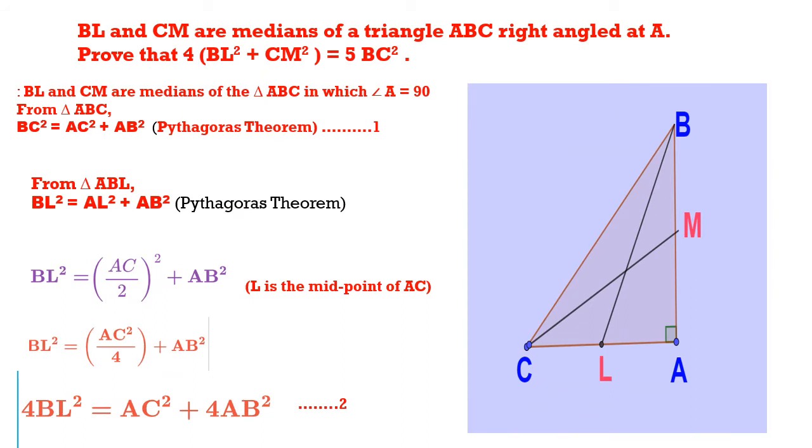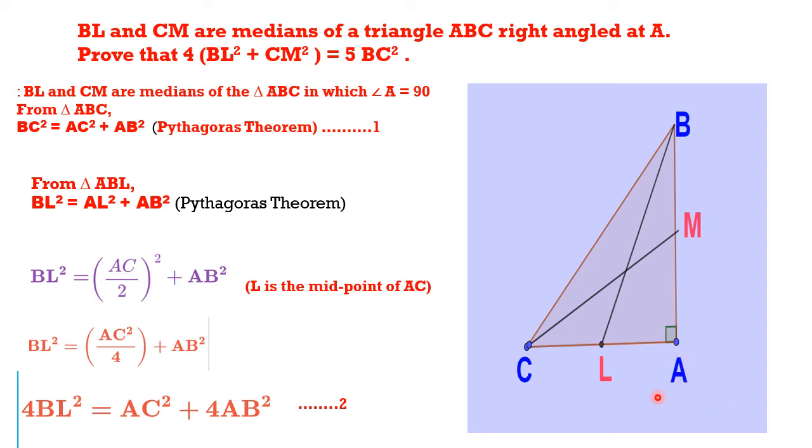Now here we are going to apply Pythagoras theorem in one of the questions. The sum goes: BL and CM are medians of the triangle ABC. As you can see over here, the triangle ABC is given, and BL falls on the side AC and CM falls on the side AB, where M is the median of AB and L is the median of AC. Be very particular that you have to put the vertex name properly.